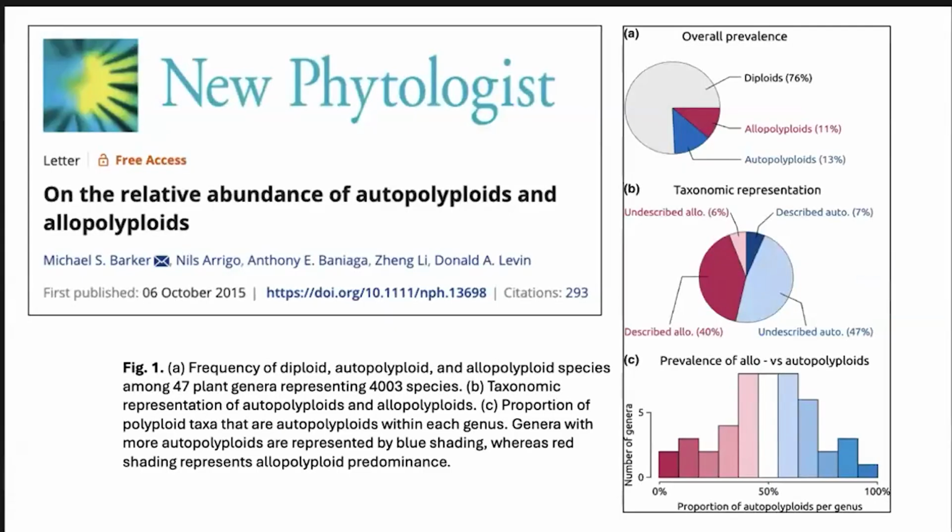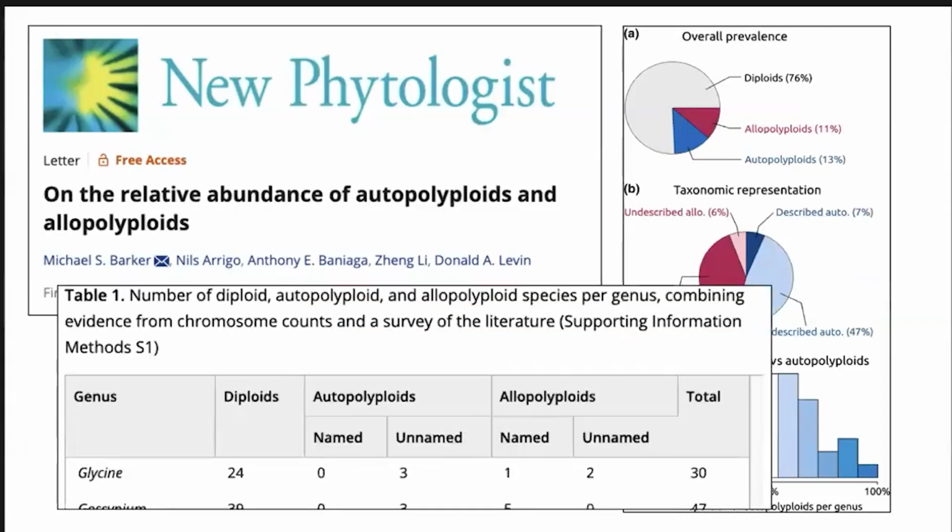Well, a number of years ago now, Mike Barker, in this case, and Don Levin, another major figure in plant evolution, did a meta-analysis on the relative abundance of autopolyploids and allopolyploids. So even though they said that there's a range of different ways you could call different polyploid species, they were going to stick with just two categories and quantify them. That wouldn't have been a problem. It'd be kind of a useless exercise, but they chose as one of their 47 genera to look at something